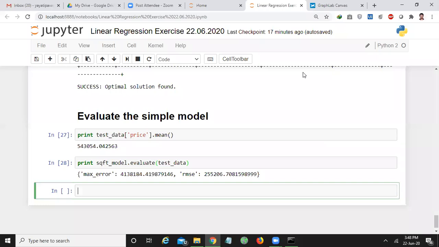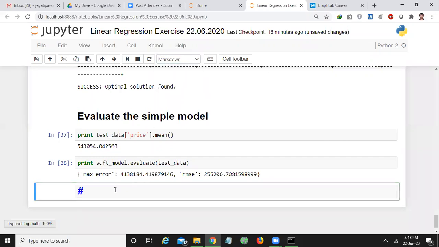Now, let us evaluate our model graphically. Let me make it a markdown: Evaluate the model graphically.